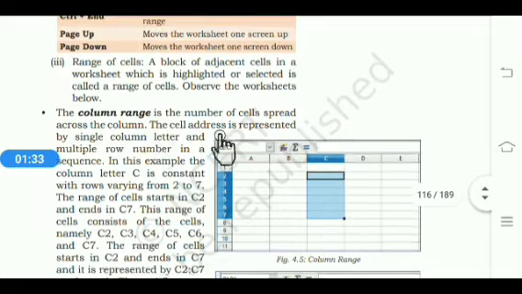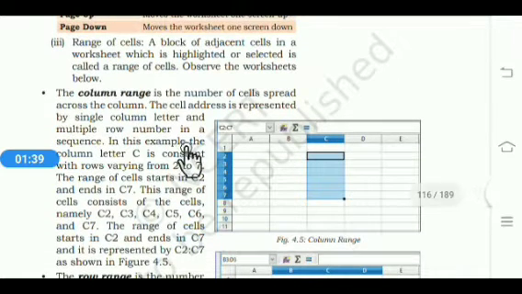The cell address is represented by a single column letter and multiple row numbers in a sequence. In this example, the column letter C is constant with rows varying from 2 to 7. The range of cells starts in C2 and ends in C7.